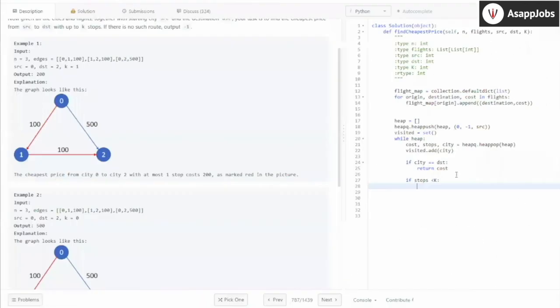So now we need to write that path. Okay, so you can say next city to represent the next city that is there in my option, and it will have a flight cost also, right?